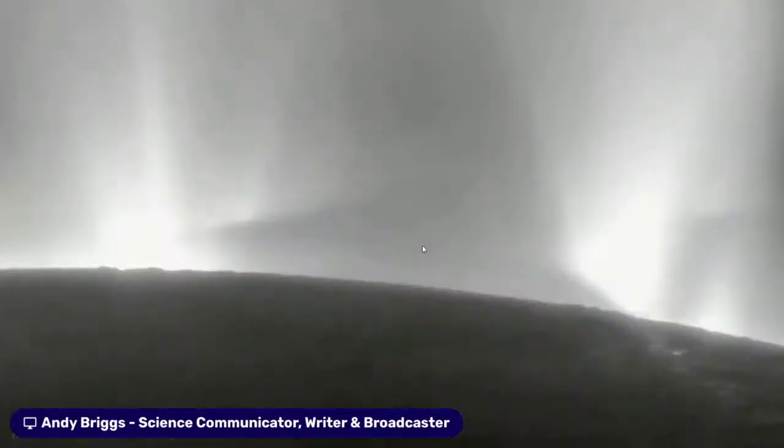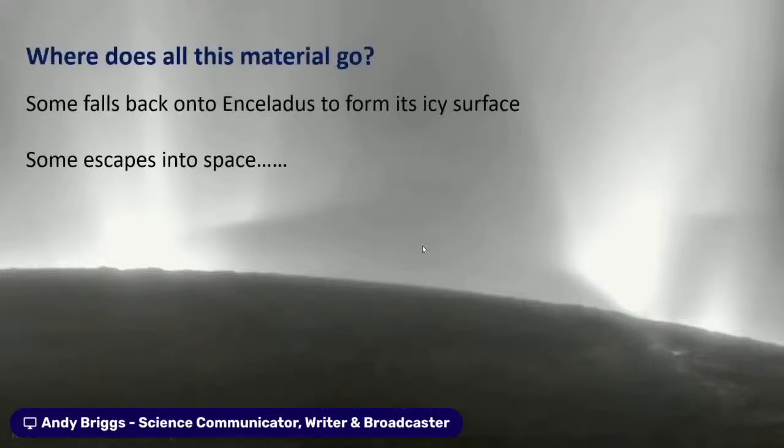Here's a lovely image of a backlit Enceladus, where you can see quite clearly those plumes of material emanating from the tiger stripes. And here's a close-up that Cassini did. And that material is very bright, indicating a lot of ice in it that's reflecting sunlight incredibly. And this, of course, explains the albedo of Enceladus, because some of that material falls back onto the